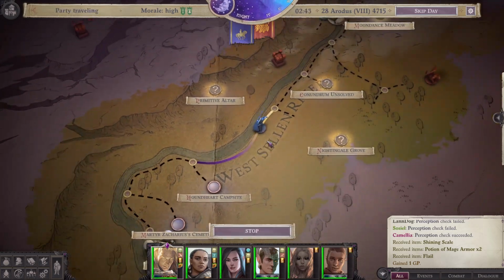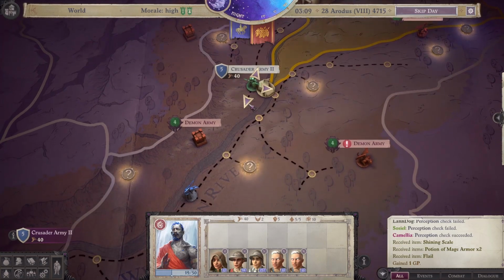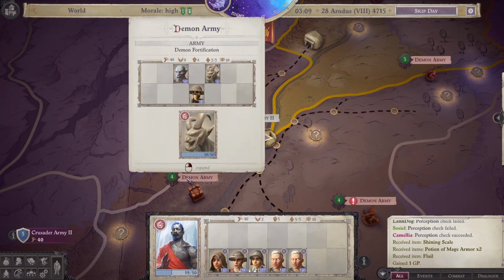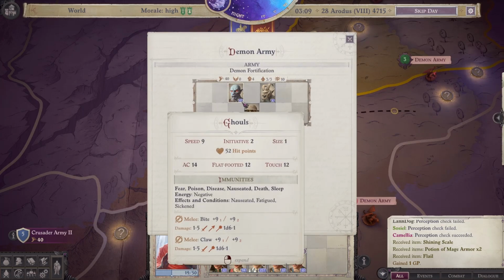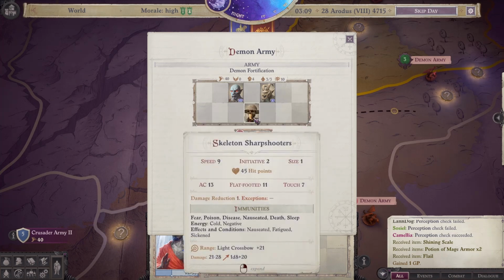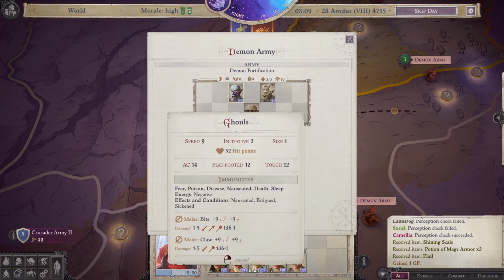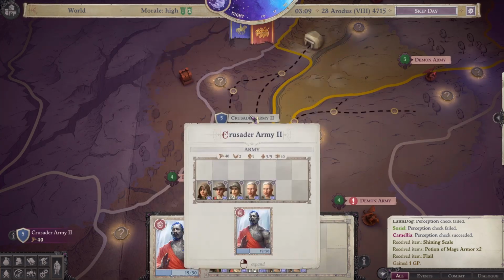Alright, so let's just continue on. Oh, okay. We have a refreshing of the movement points. In that case, what's this one here? 400, is that 420 or is that 42? I think that's 42, okay. Skeleton sharpshooters, gargoyles are melee, melee, melee, archers. Okay, so